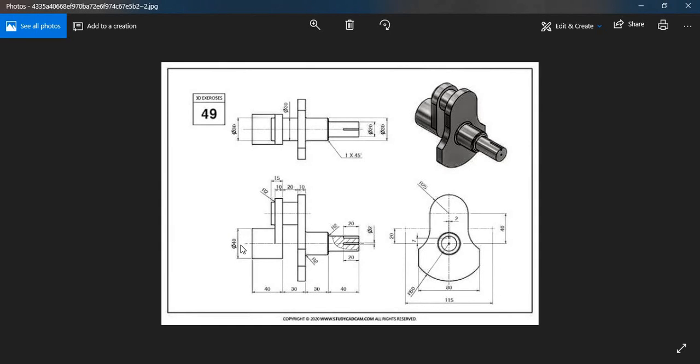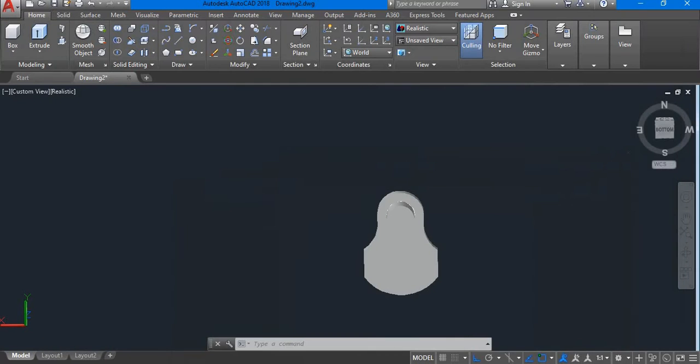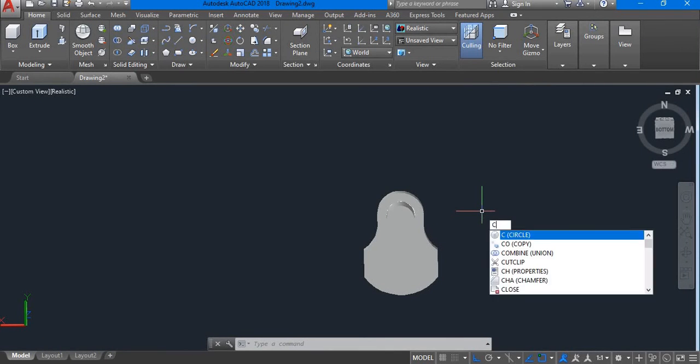The diameter of here is 40, and from here you can see that the circle here and here is of the same diameter, which means all three are going to be 40. So I'm going to draw the first circle, C,